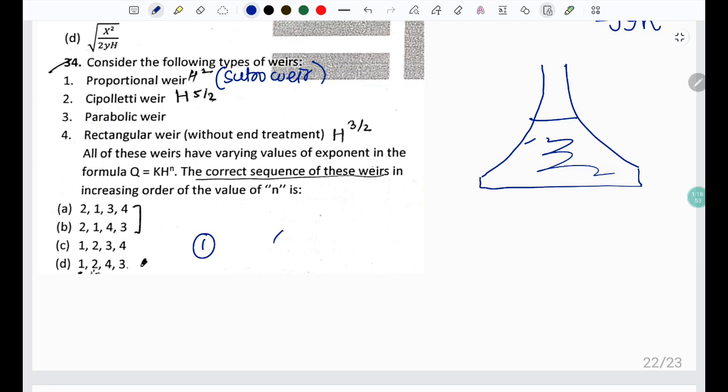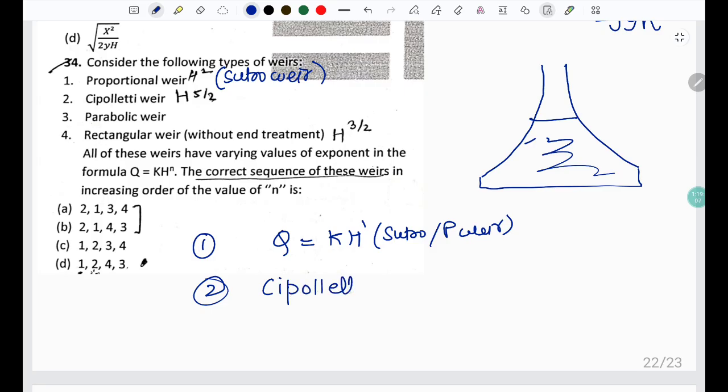And for this we have Q equals K h to the power 1. This is our Sutro or proportional weir. The second one is Cipolleti weir. It is a trapezoidal weir